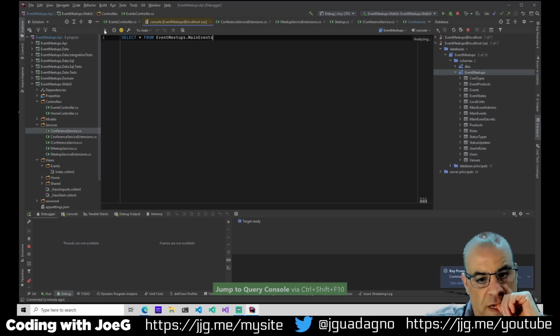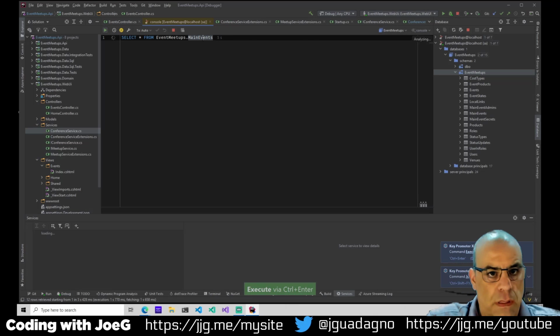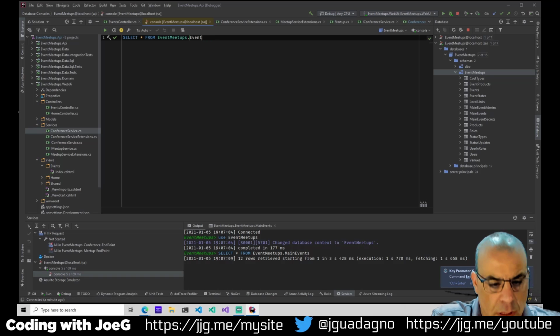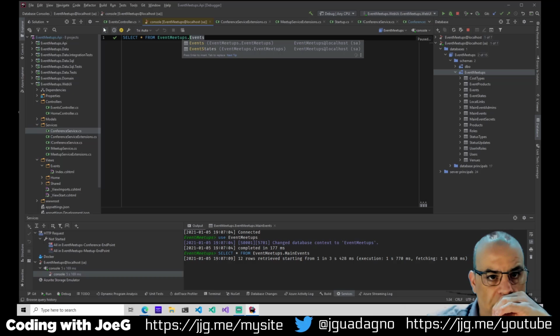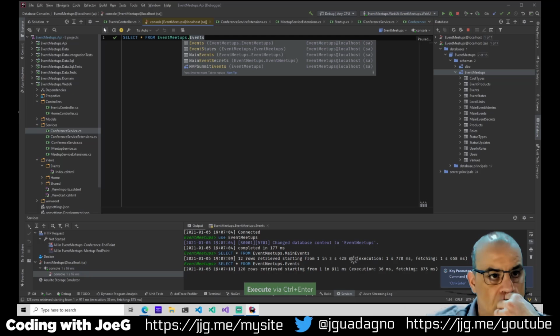I don't want to do that. Actually, I want to do this table, the events. I wonder if there's an update going on behind the machine since I restarted the computer.